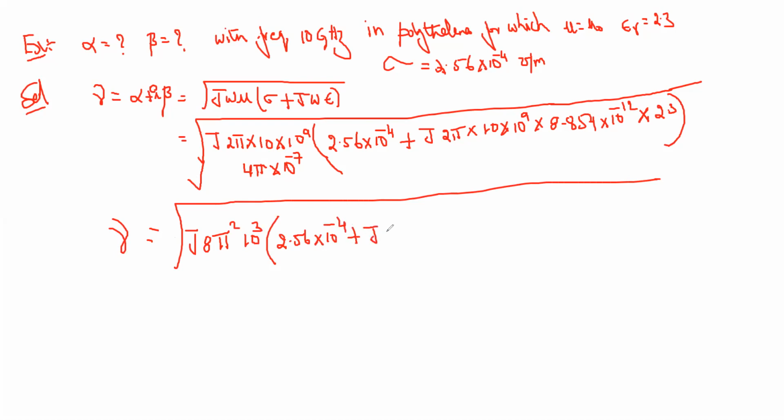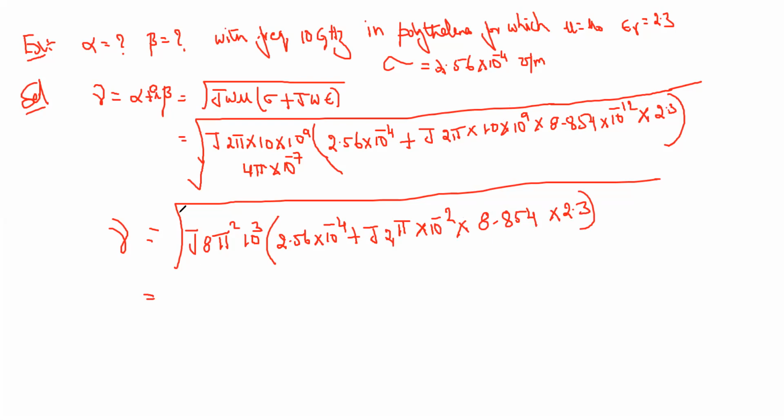plus j into 2 pi into 2.3, 2 pi into here the 10 power 10 and 10 power minus 12. So 10 power minus 2 multiplied with 8.854 into 2.3. Okay, my dear students. So now calculate this value and multiply this, we'll get the j, means j coefficient is